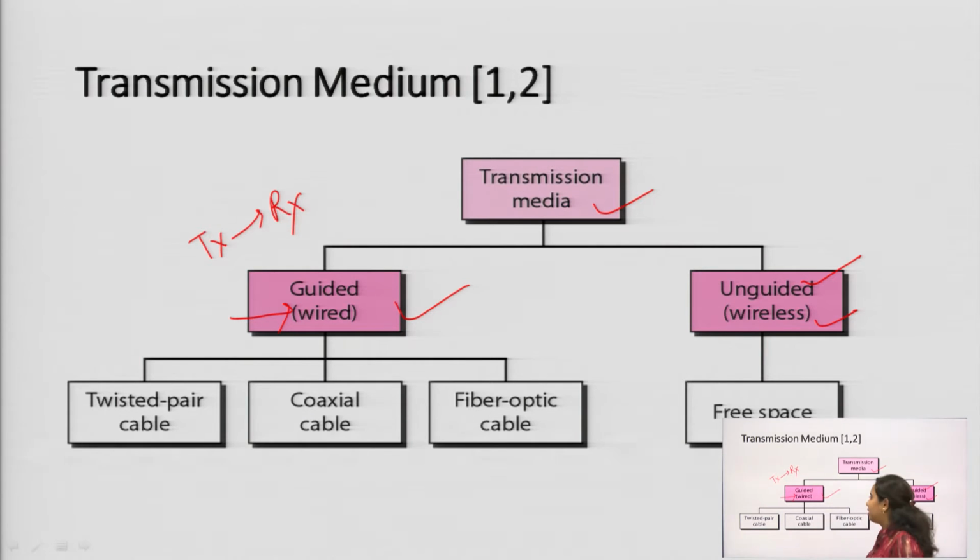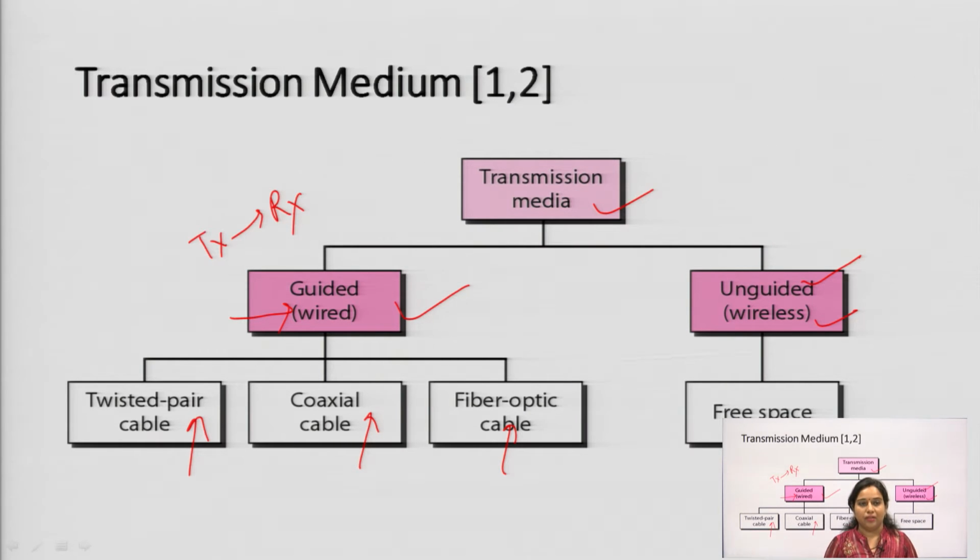In case of guided medium, it is of different types. First one is the twisted pair cable, then coaxial cable and fiber optic cable. In the twisted pair cable, two wires are twisted together for the transmission purpose. In the coaxial cable, a different kind of concept will be used. I am going to show you with the diagram, which is having the coaxial cable. Different